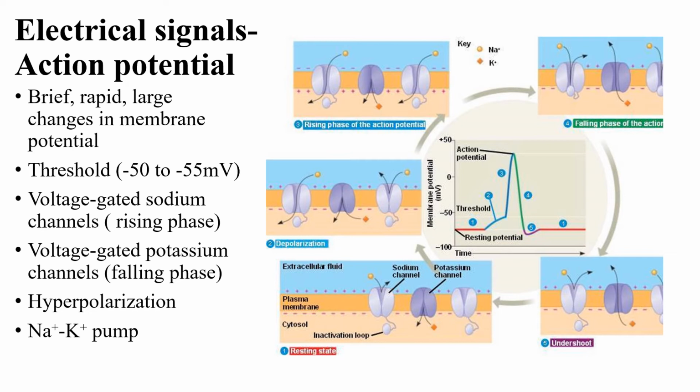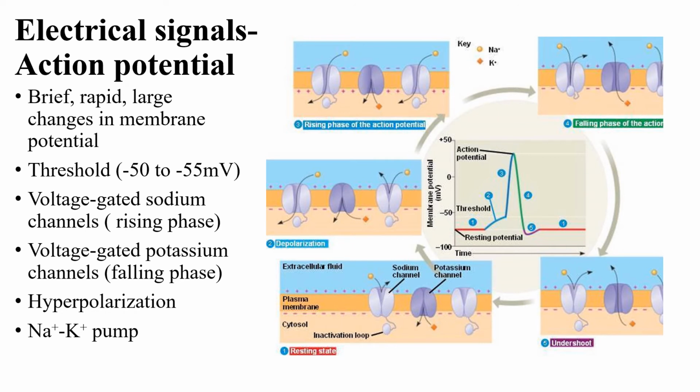If you look at picture number 1, at resting potential of negative 70 millivolts, all voltage-gated channels for both sodium and potassium are closed. Therefore, sodium and potassium cannot pass through these voltage-gated channels at resting potential. After the membrane is stimulated, at picture number 2, gated channels open and the